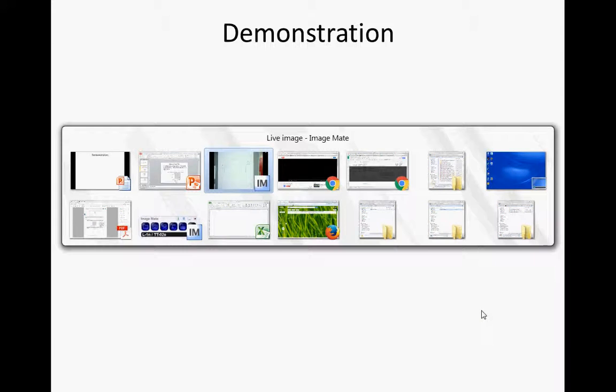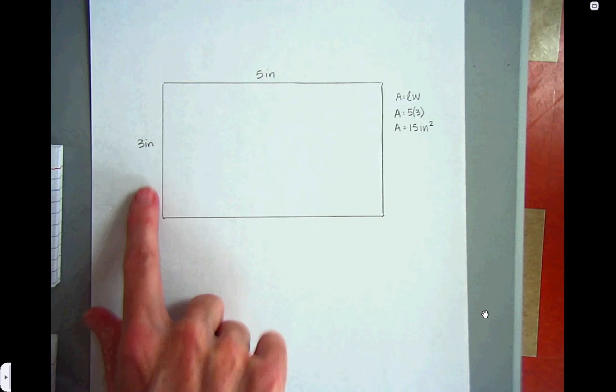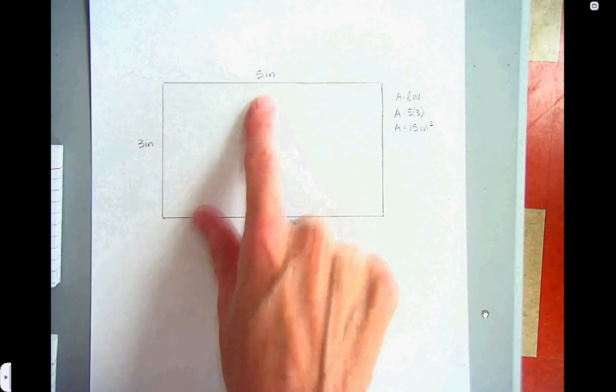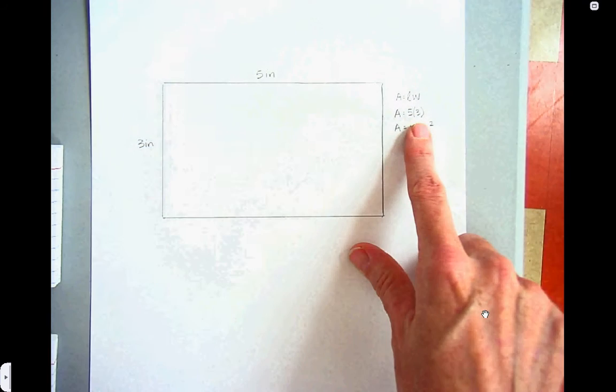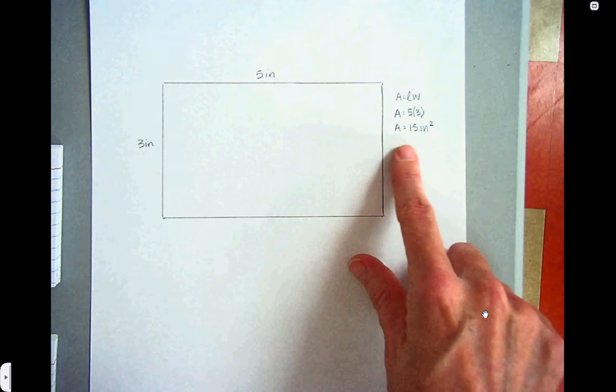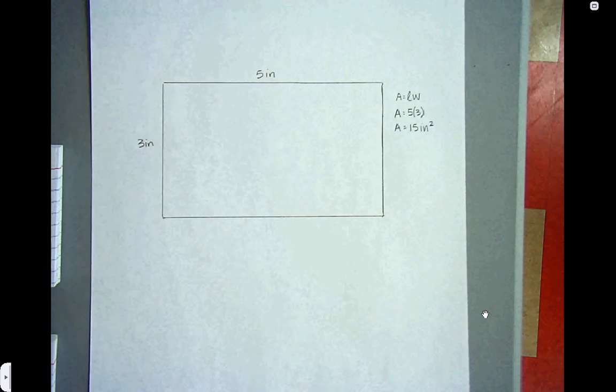Let's go ahead and take a look at this using some manipulatives. So right now what I have is the area of a rectangle. It is 3 inches by 5 inches. When I have that, area is the length times the width, so I have area is 5 times 3, so the area is 15 inches squared. So now what happens is if I